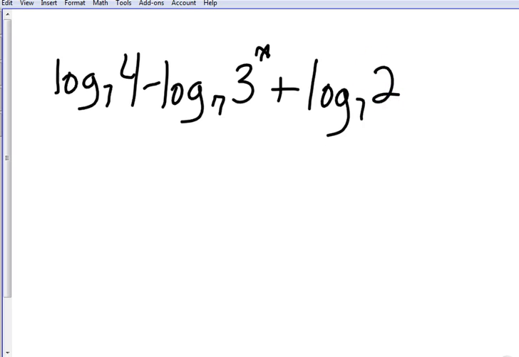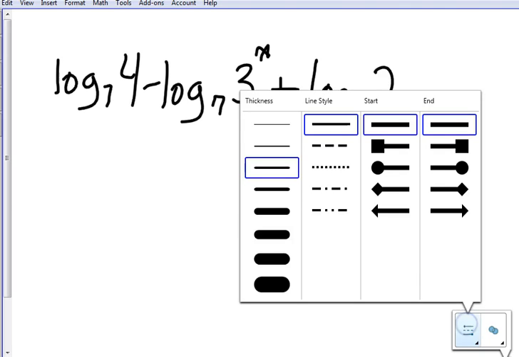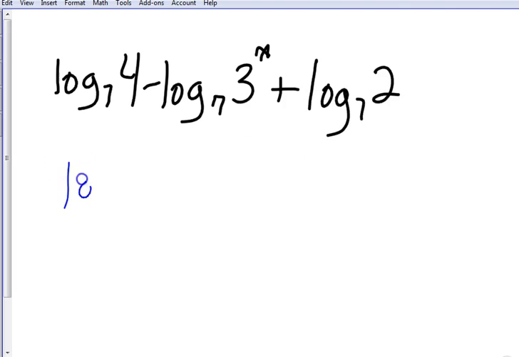Okay. So if we have log base 7 of 4 minus log base 7 of 3 to the x plus log base 7 of 2, okay? And I told you to condense it, bring it all together. All right, this time, what symbol do you see first? You see a subtraction, right? Which means I'm going to divide first. So when I bring it together, the only number that's going to be in my numerator is 4. After this, everything else is in my denominator. Okay. So 4 divided by